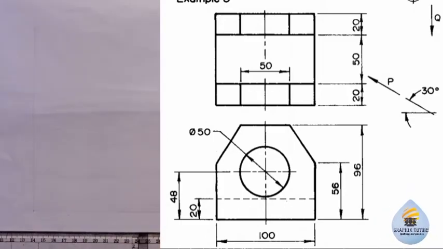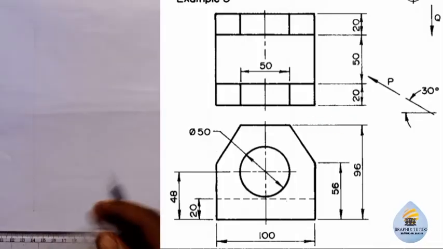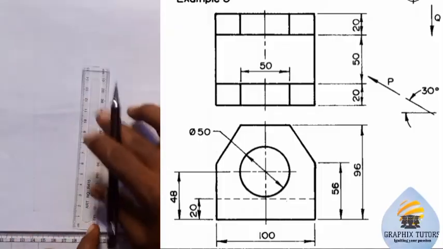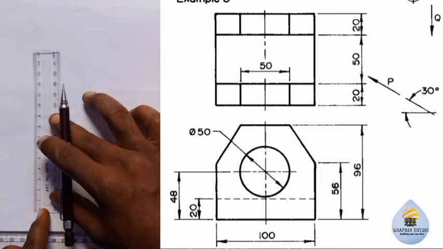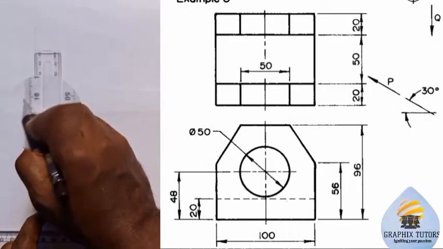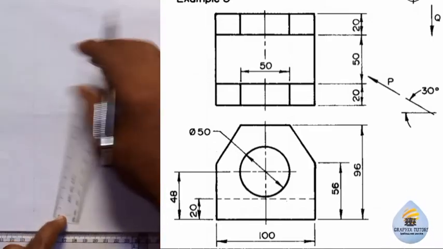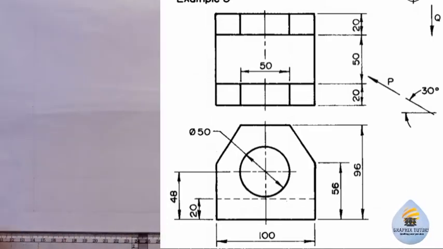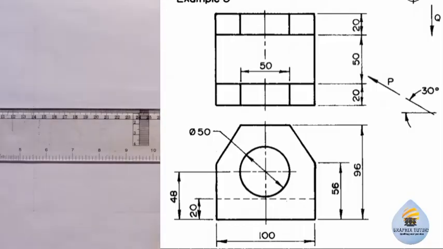When you do that, if you look at the elevation here, the front elevation, the total height is given to be 98. From here to here is 98, right? So I'm going to measure 98 from this point upward. So measure 98. That is the total height. And I'll draw this way,